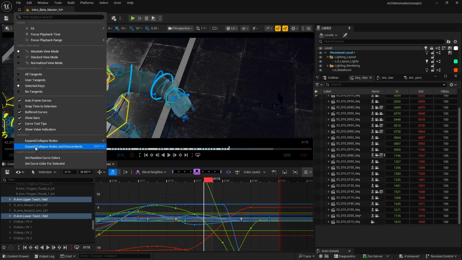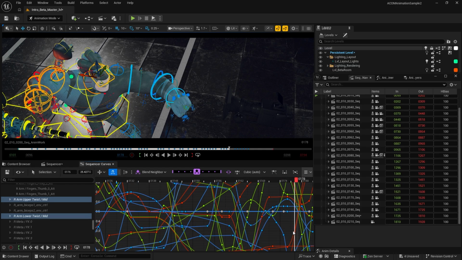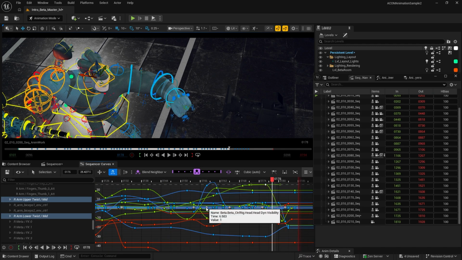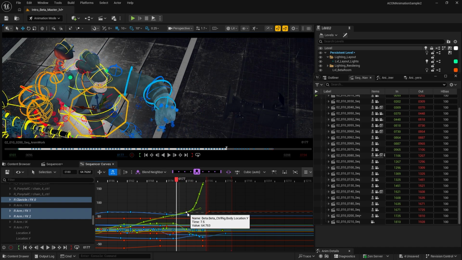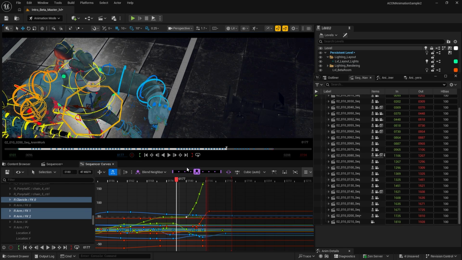And in order to see it in a better way, you can also go to the stacked view mode or normalized view mode, where all the curves are almost the same dynamic range. But the absolute view mode has a better view. We have selected several body parts and now we can play around to see what is doing what. Here we can select one keyframe and then play around with the blend neighbor tool. If you move it towards right, it will make its curve more like the one on the right. If you move it to the left, the body part is moving backwards, as you can see.